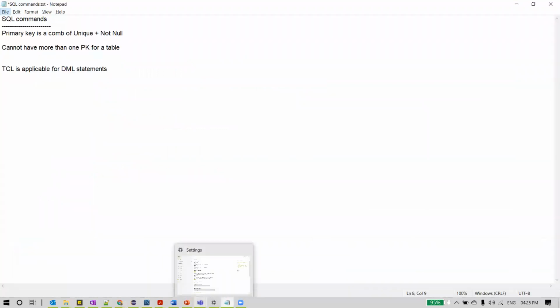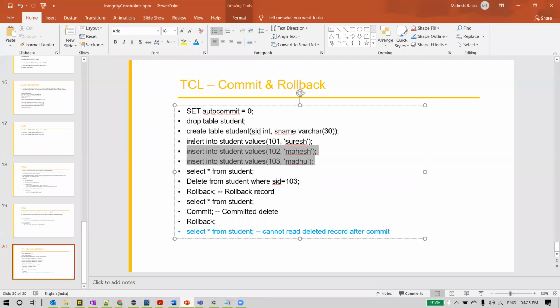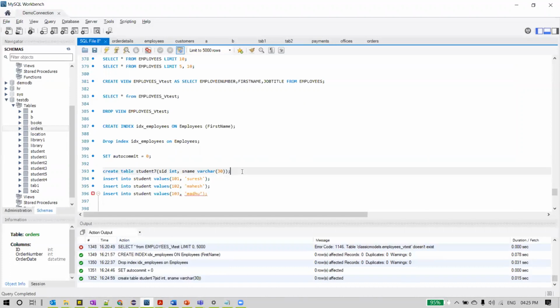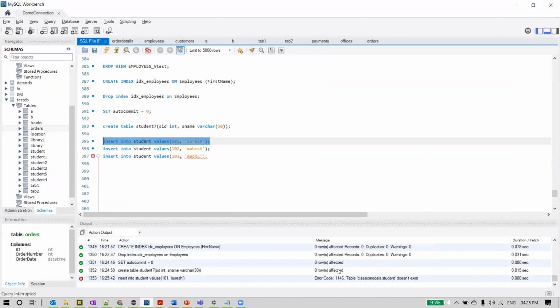So I created a table now. Let me insert some rows into it. Let me insert the first row. Classic model student does not exist. Okay.